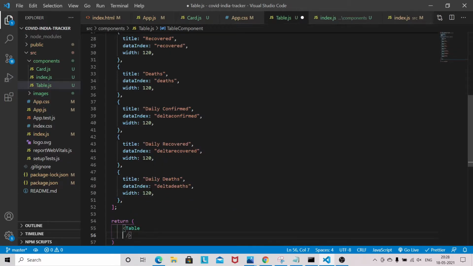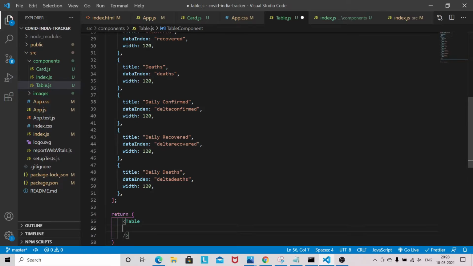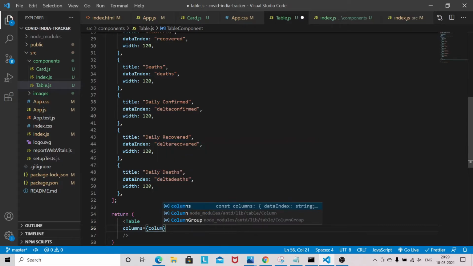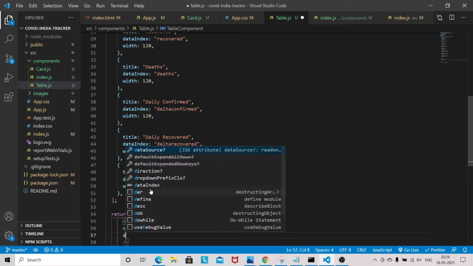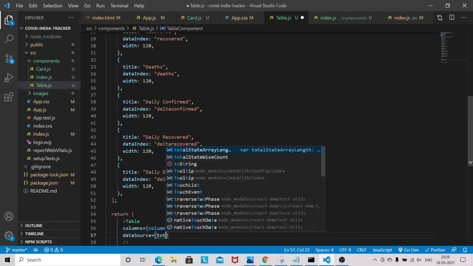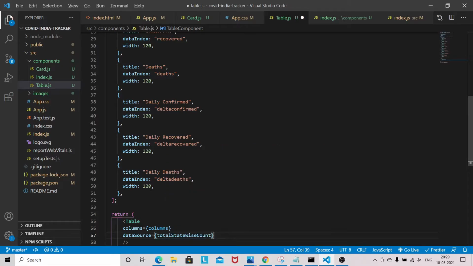So in table we have to pass the column configuration which we just configured and the data source. So data source will be like total statewide count.